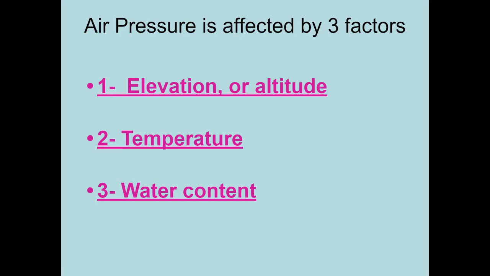Then water content. This is the amount of water that's in the air. So a lot of times air is filled with oxygen, carbon dioxide, things like that. But there's, especially in Wilmington where it's humid all the time, there's water that takes up the space of air. So if there's water taking the place of air, there's going to be less room for air, making it less dense.